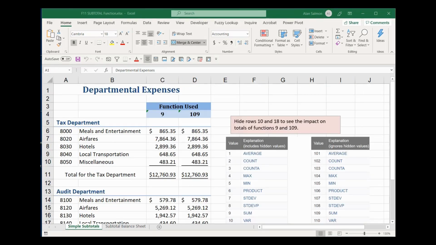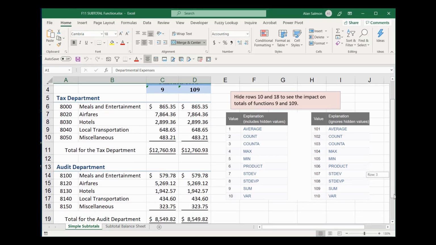Next, I want to move on to another highly useful advanced Excel function, and that is called the subtotal function. So let's take a look at what we've got here. We've got a departmental expenses worksheet, and we have two departments, tax department, audit department,